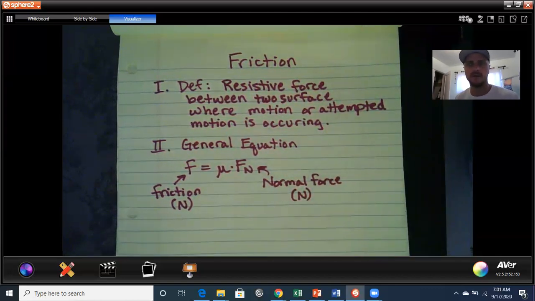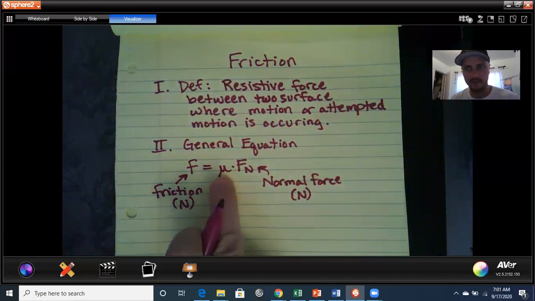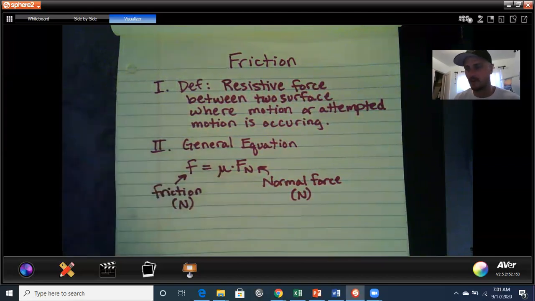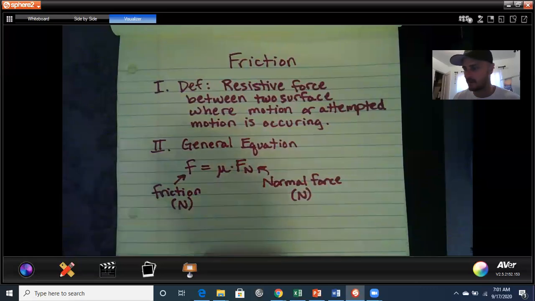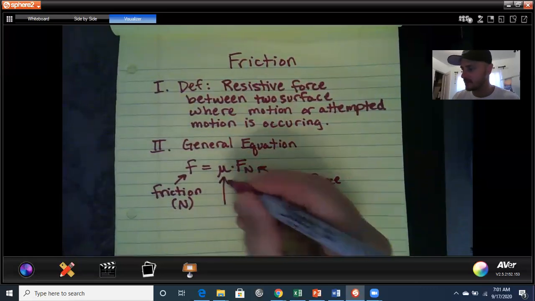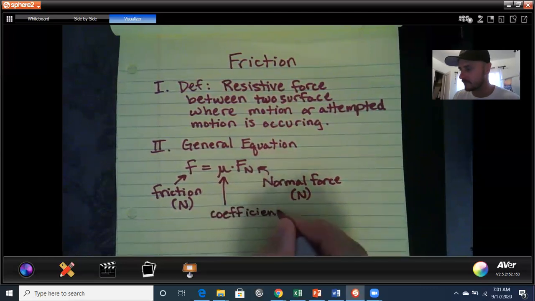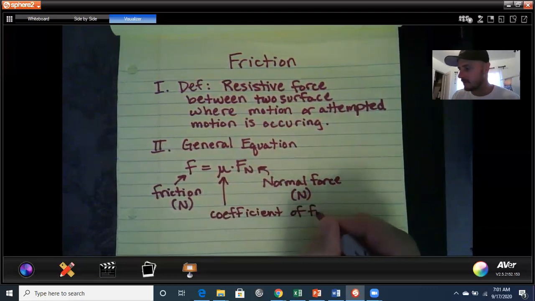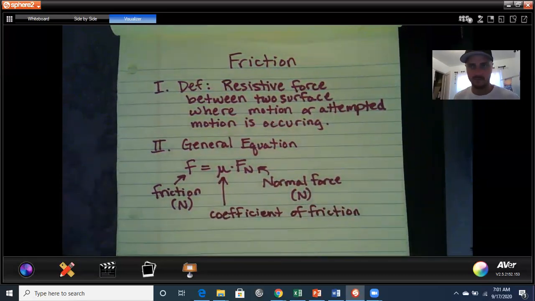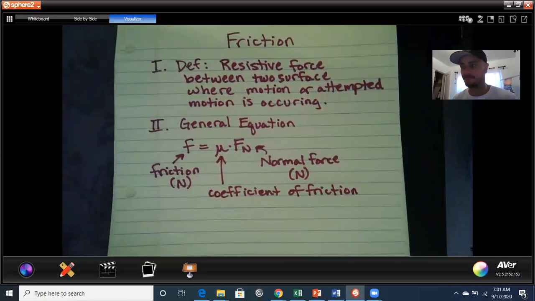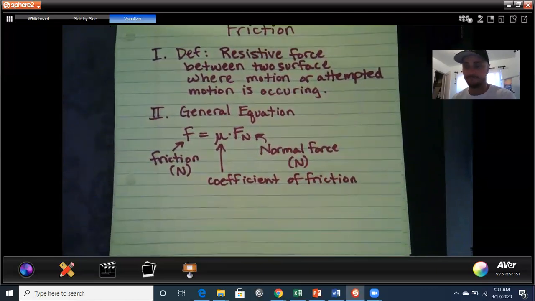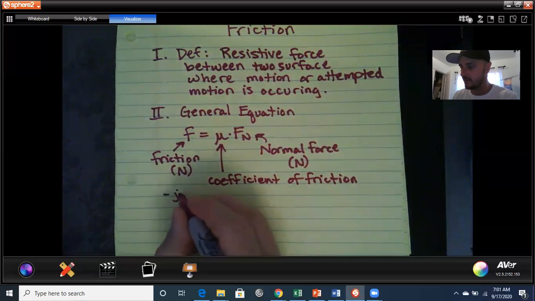Challenge question. Looking at this thing right here, which I call the coefficient of friction, does the coefficient of friction have a unit? Think about that, and we'll come back around to answering that question. This, as I just said, is called the coefficient of friction. Now, what to say about this? Well, I'm going to give you this long, almost run-on sentence about the coefficient of friction. It's just a number, right? So it's just a number,